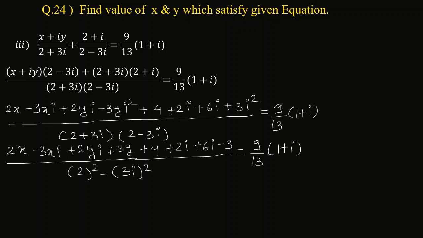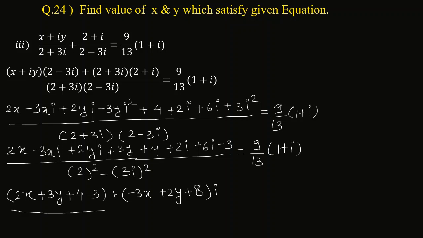Now think about the like terms, write them together, मतलब all real terms together. So what we get in the numerator, सब real term को साथ में लिखेंगे जिसके साथ i नहीं है. 2x plus 3y plus 4 minus 3. These are the terms not having i. Now write down those terms having i. So we will get minus 3x plus 2y, and next we have 2i plus 6i, which directly you can write as 8i, and i तो सब में था तो वो हमने कॉमन ले लिया.